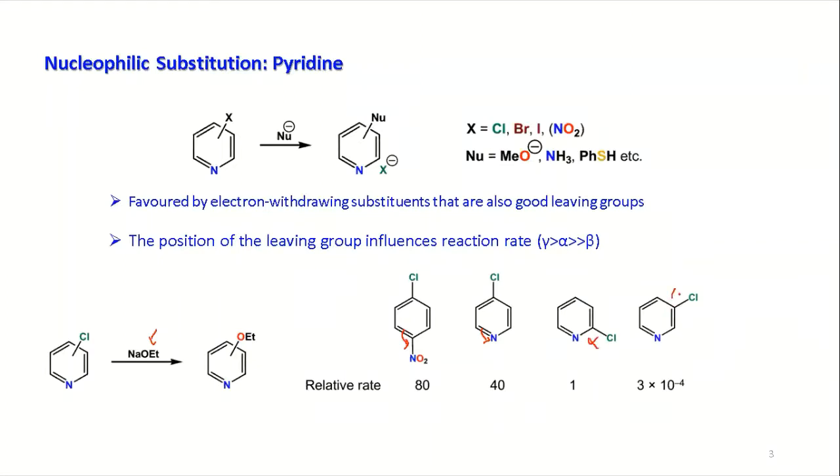So this is beta, and you have here gamma. So gamma, what we see is that with respect to the alpha, the gamma attack will be 40 times higher. And if instead of nitrogen you just have a nitro group there, it will be much faster. So it is 80 times. So definitely you can understand how the reactivity is changing, if you try to do the nucleophilic substitution reaction.